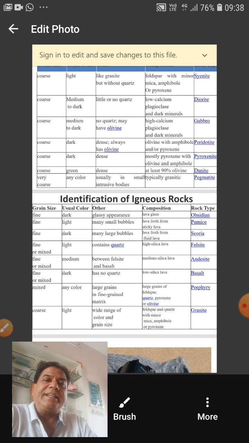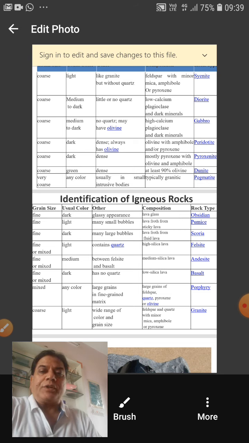In addition to that, other textural terms that are used include whether the grains are of equal size, equigranular or inequigranular, and then the shape, whether subhedral, euhedral or anhedral, and then the mutual relationship that is noticed. So the second point of description of hand specimen is the texture.